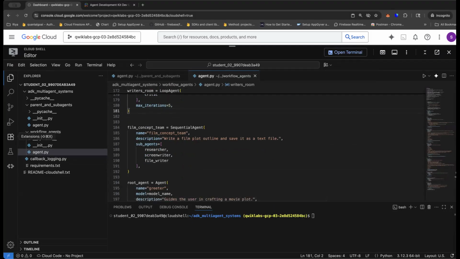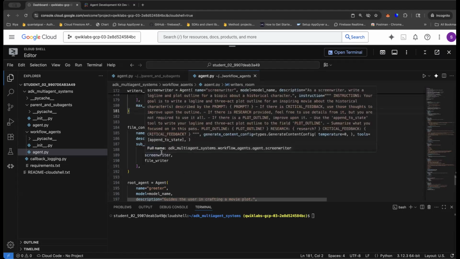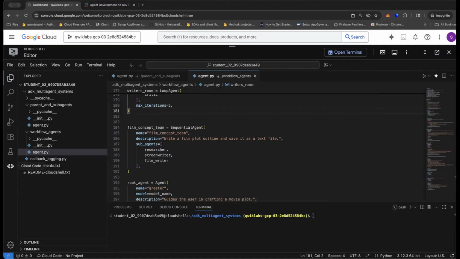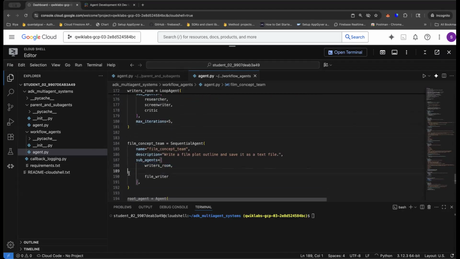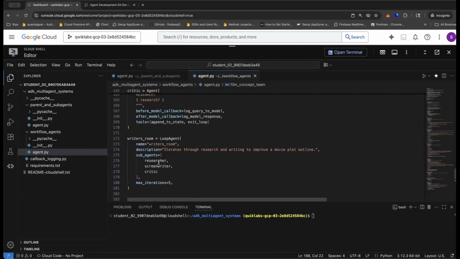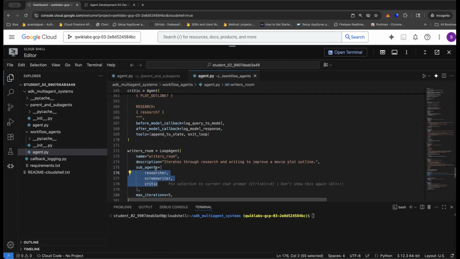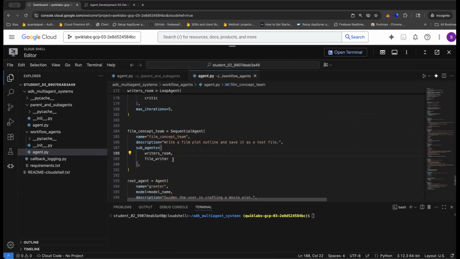So we are going to change this sequential agent to writer's room and file writer, which is going to be separate. The reason is the writer's room already has researcher and screenwriter. So we are going to remove this and add the writer's room over here. Okay, so this becomes writer's room has critic, researcher, and screenwriter, while writer's room becomes a sub-agent of the film concept team with a file writer agent, right? And that's it. I'm going to save it,